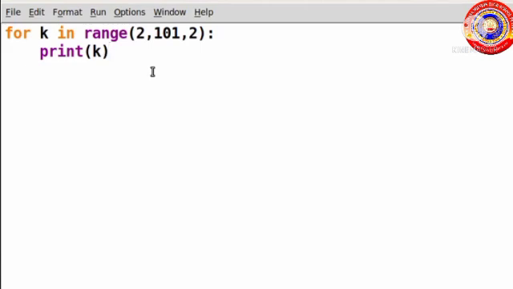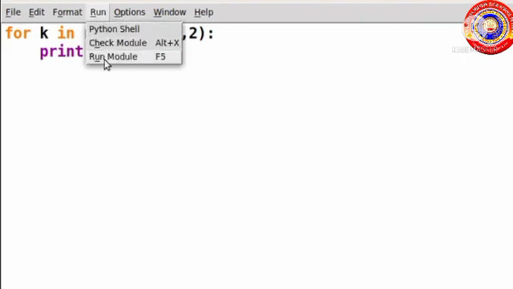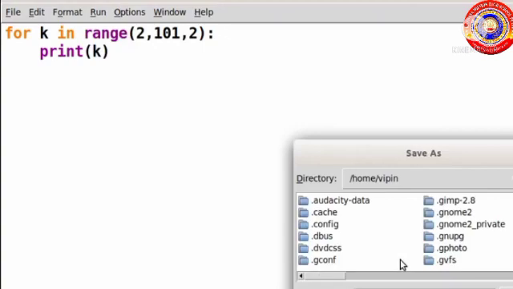Right. So this is a program to print even numbers less than 100. Here we used the variable k. We can use any variable in a for loop. Now run the program and see the output. Run module. We have to save the file.